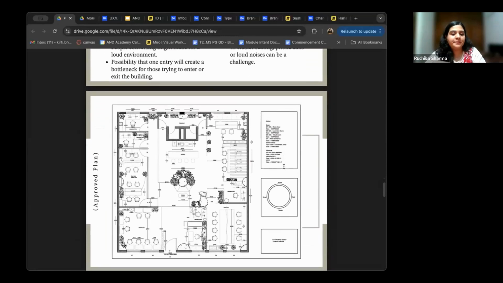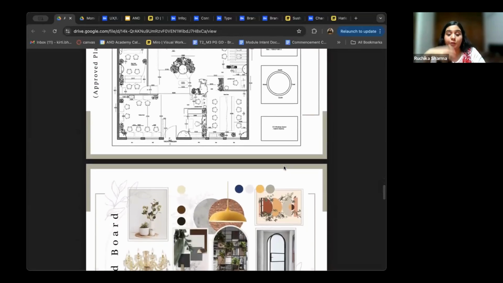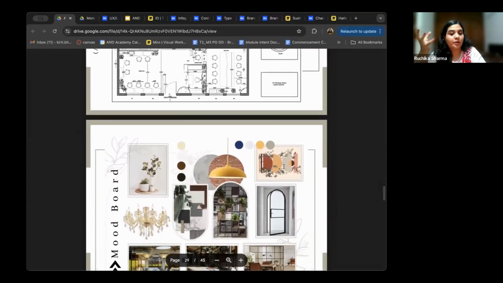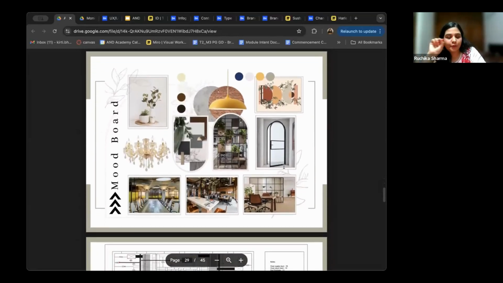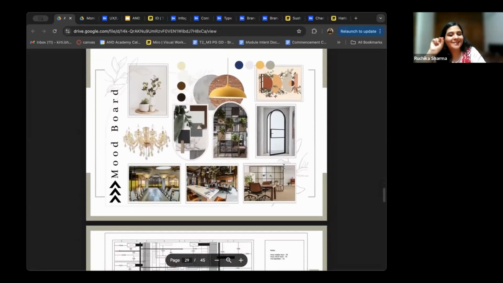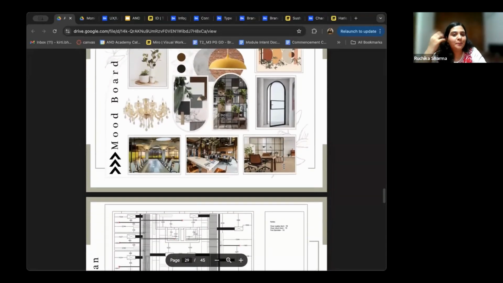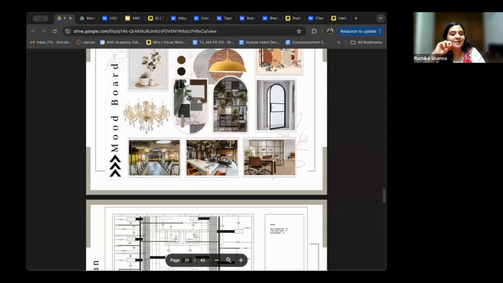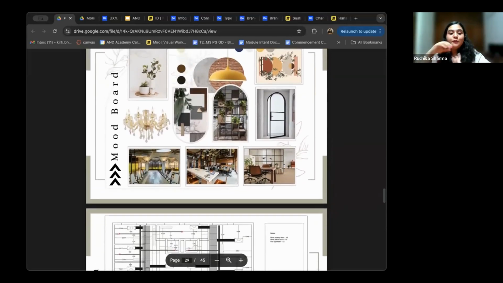Let's go lower. This is a working drawing, which is a plan that needs to go onto the site to be converted into a real-time design. This is a mood board where they've tried to put together all the colors of the fixtures as well as what the furniture could be like, what the openings could be like, what the plants could be like, what sort of indoor plants, what sort of outdoor plants should be there. If there are plants, what sort of planters should those plants be put in? So that is the amount of detail that you're supposed to pay attention to.